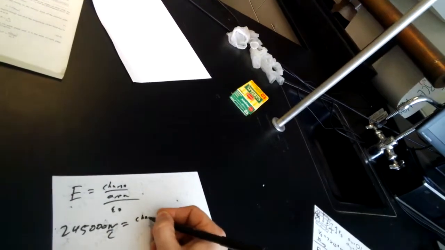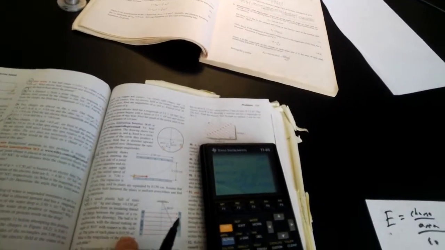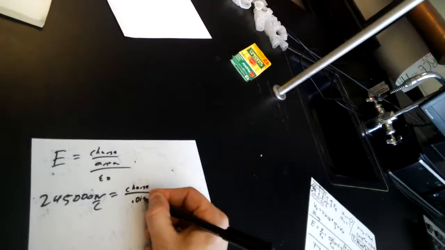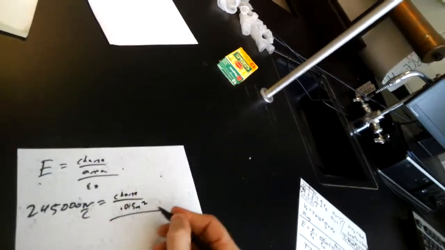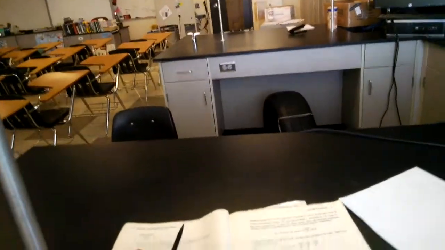Equals charge over area. Charge is what we're solving for. Area of a plate was 0.015 given in the problem, 0.015 meters squared. And epsilon naught, I have no idea. I will look at the key again just to grab the constant. Epsilon naught, they got it out front. So it's here,